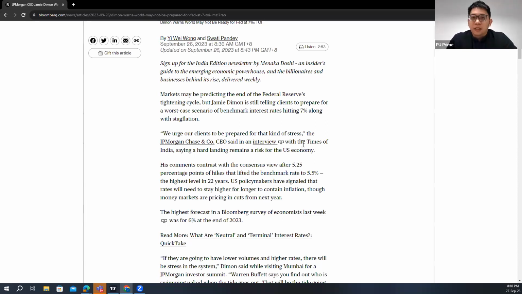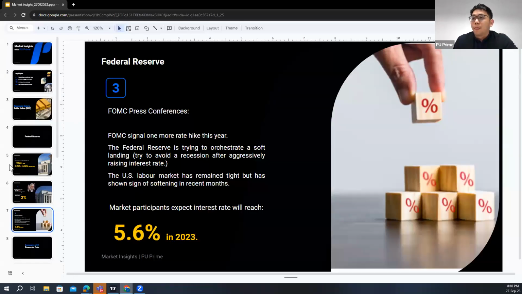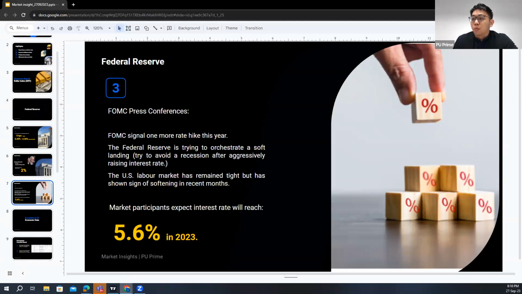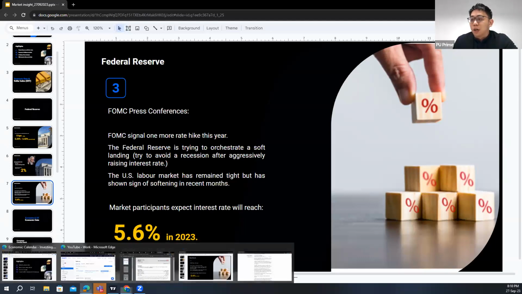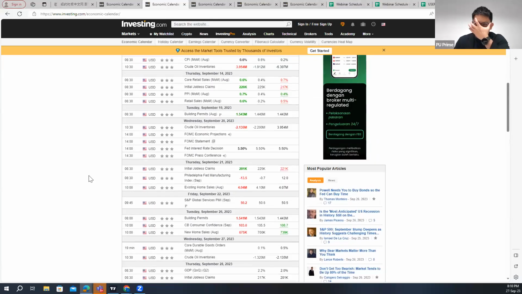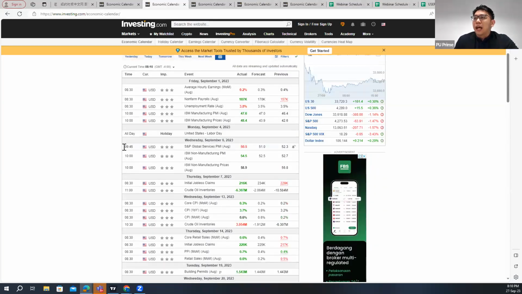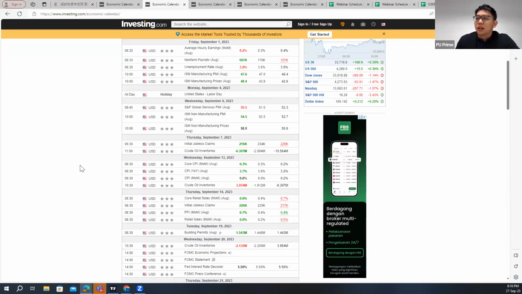So we know that the Dow Jones, Nasdaq, and also S&P are declining, whereas the dollar is climbing to a higher level that we have not seen since last December. So we can have a glance at the economic data from the US. Previously, if you give a glance at the US economic data, you can see overall